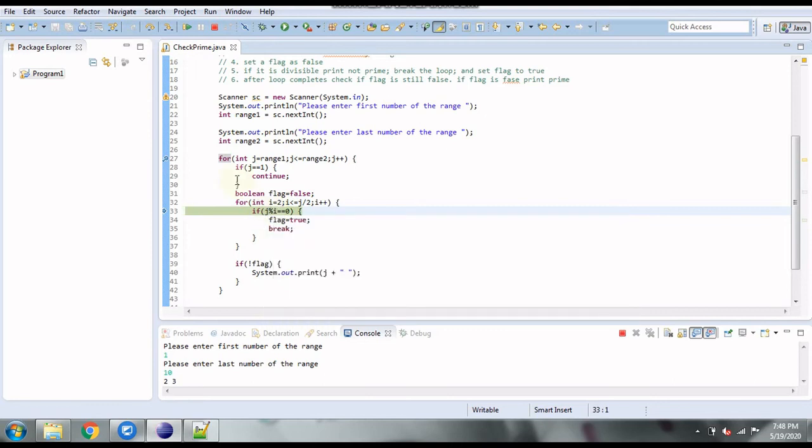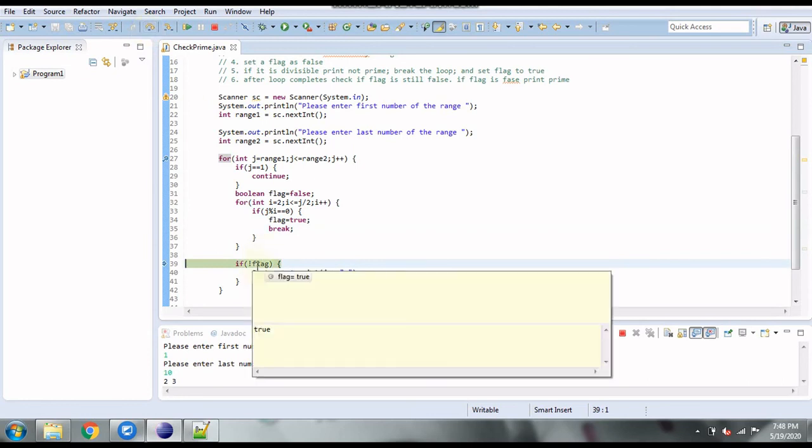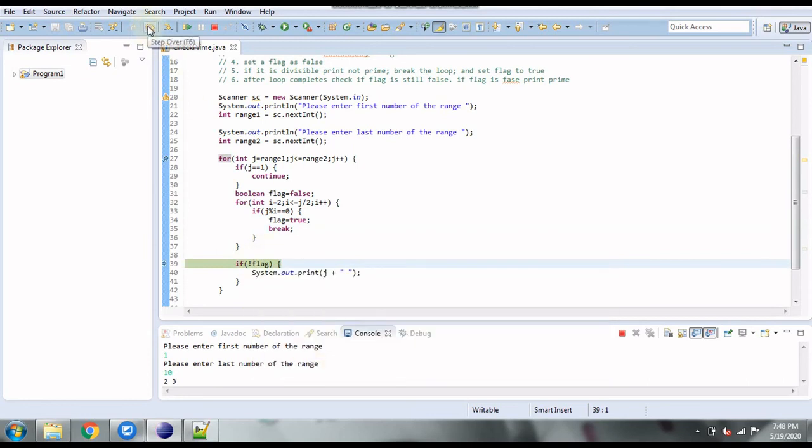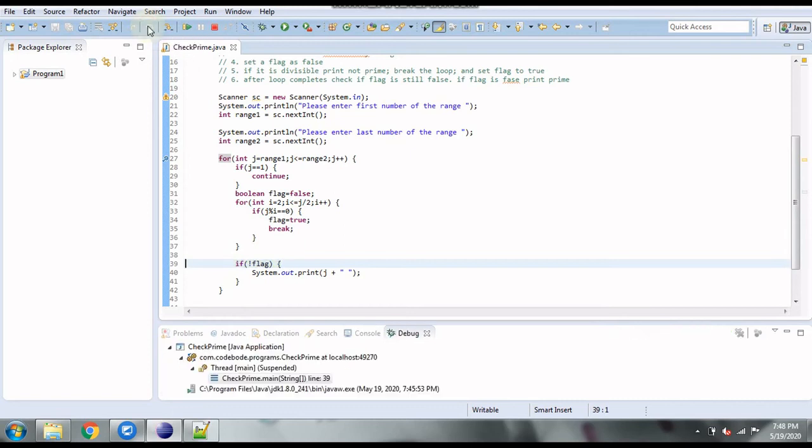So it will go and change the flag. So 4 is divisible by 2, that is, by a number other than 1 and 4. So it is not prime, and the flag has changed. Now since the flag has changed to true, it is not going to print the number because it is not prime. The control comes to the next iteration of the loop.